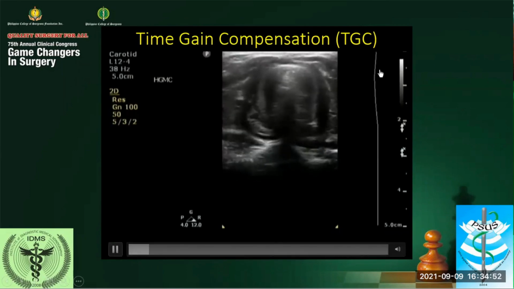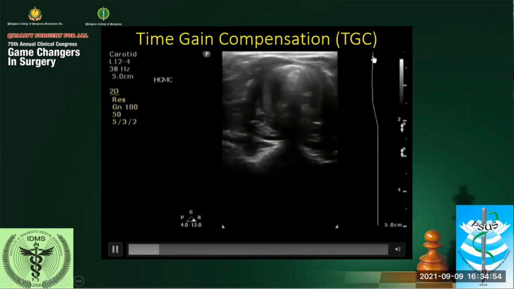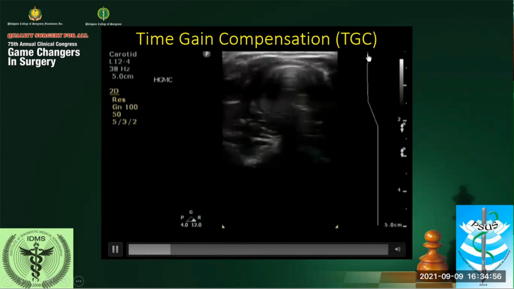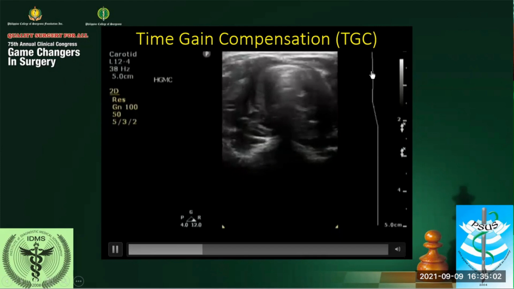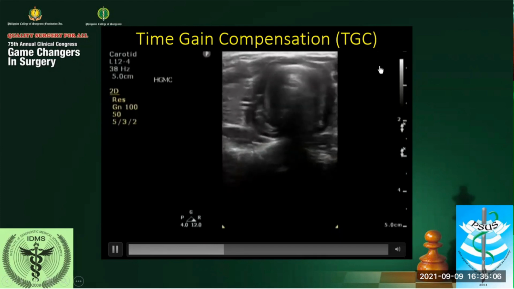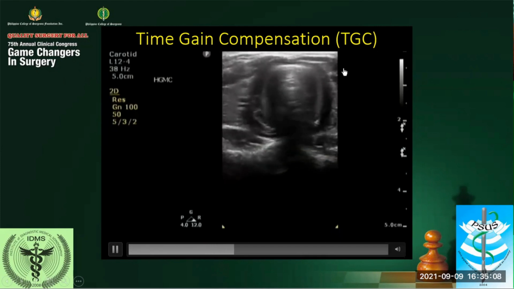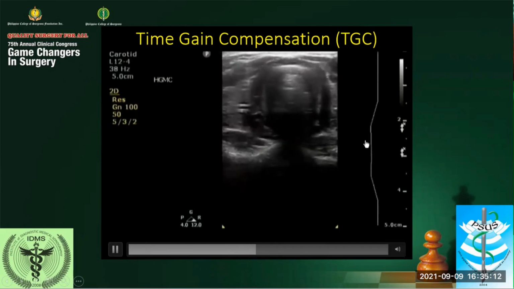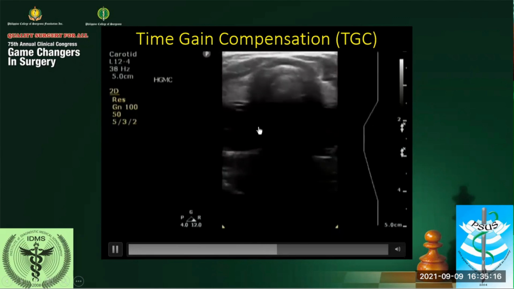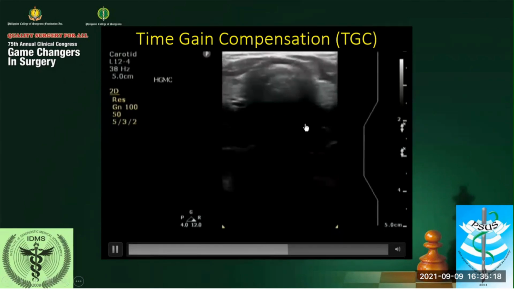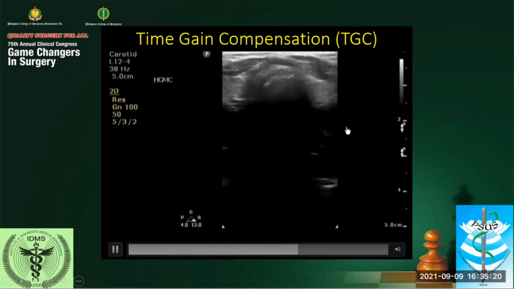So here represents the slider. Now this line represents the top of the slider. So the operator is decreasing the intensity here. So here. And now it's level. Okay. So now the operator is decreasing the intensity at the center. So notice that it becomes darker here at the center.